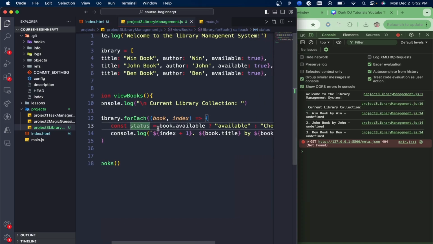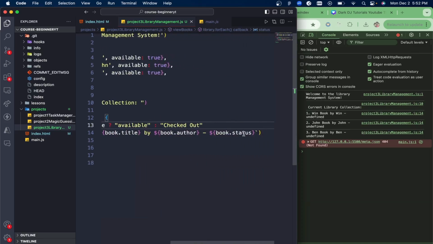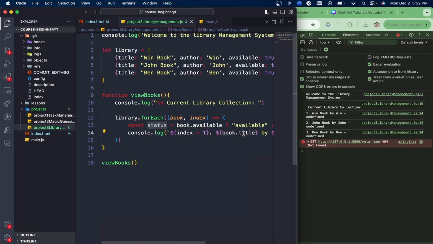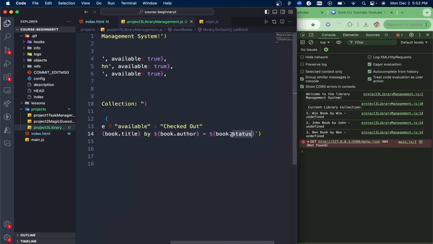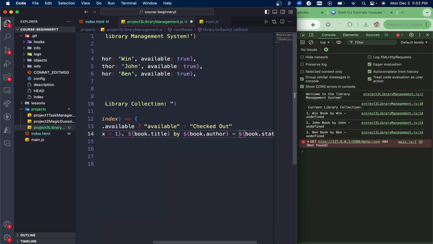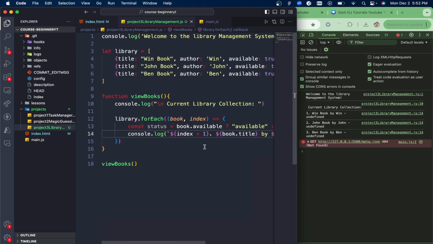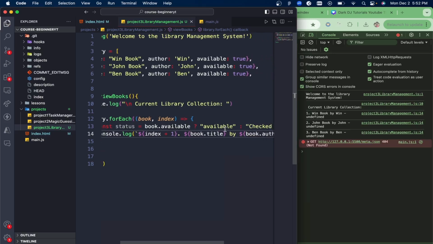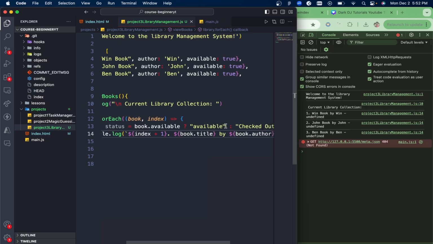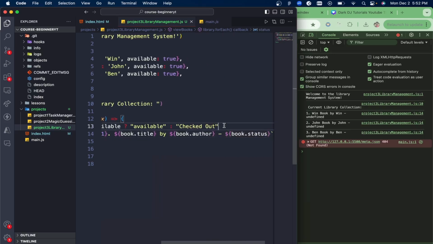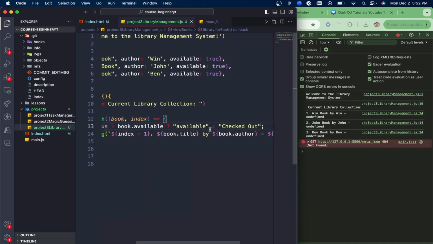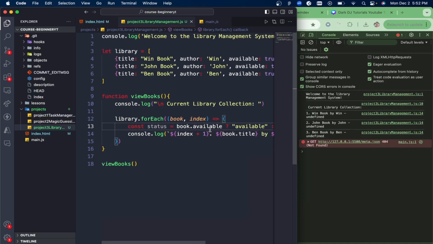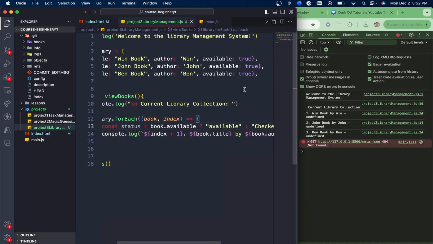Status, yeah, right? How come it's undefined? Let's check. Book the available, if true, available, if not, checked out, right? So the status,